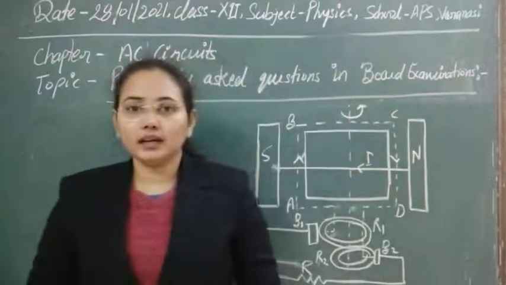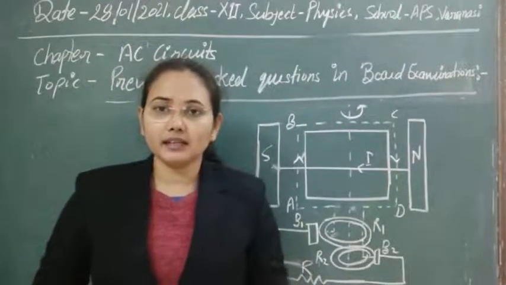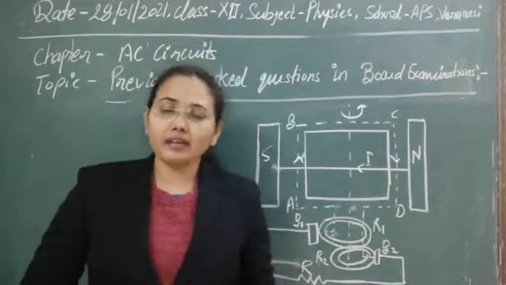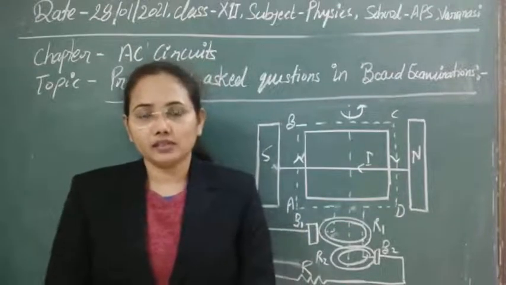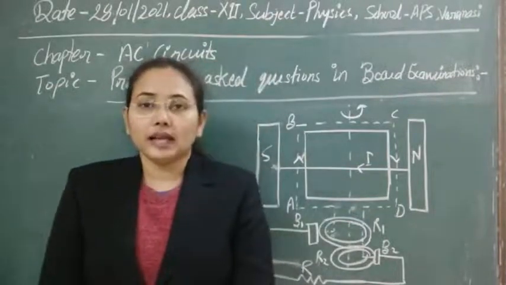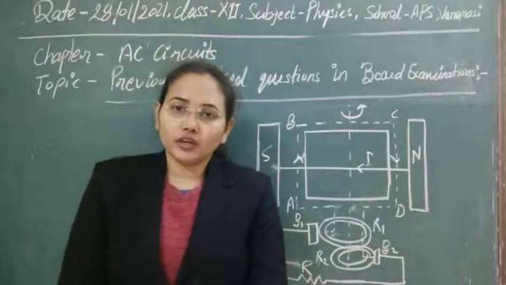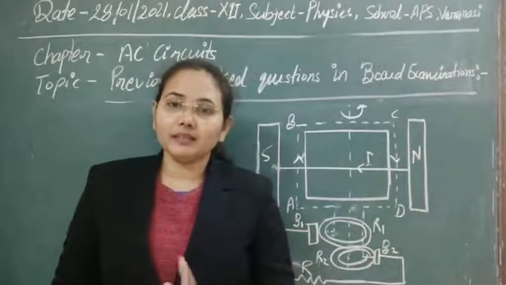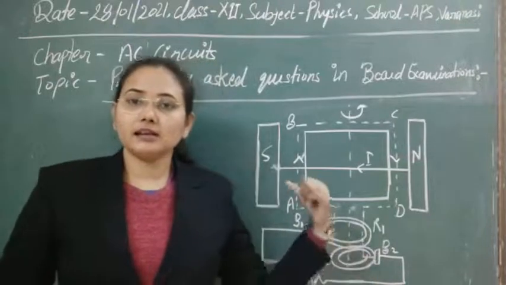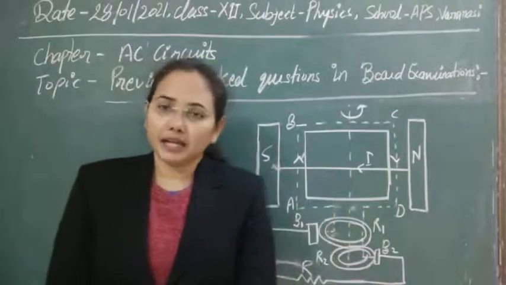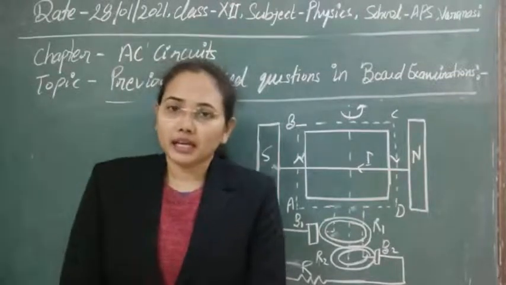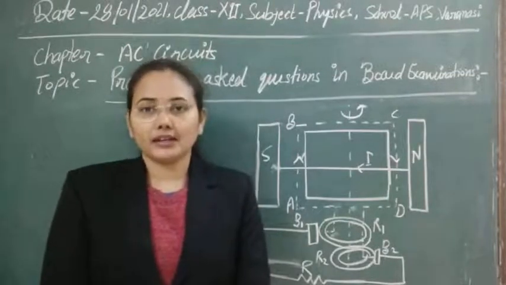So basically, first of all, what is an AC generator? An AC generator is that device which converts mechanical work into electrical energy. Like if you know the electric motor, then the electric motor converts electrical energy into mechanical energy, but here this converts mechanical energy into electrical energy. So easily we can obtain electrical energy with the help of an AC generator.